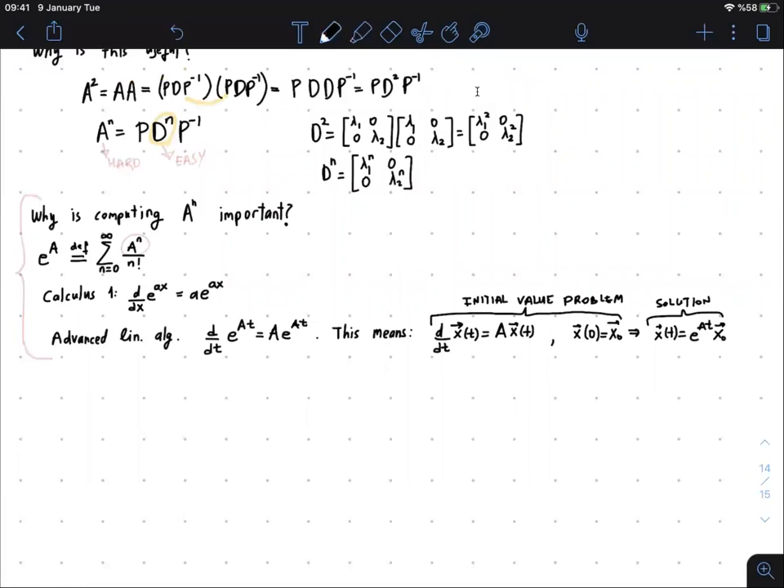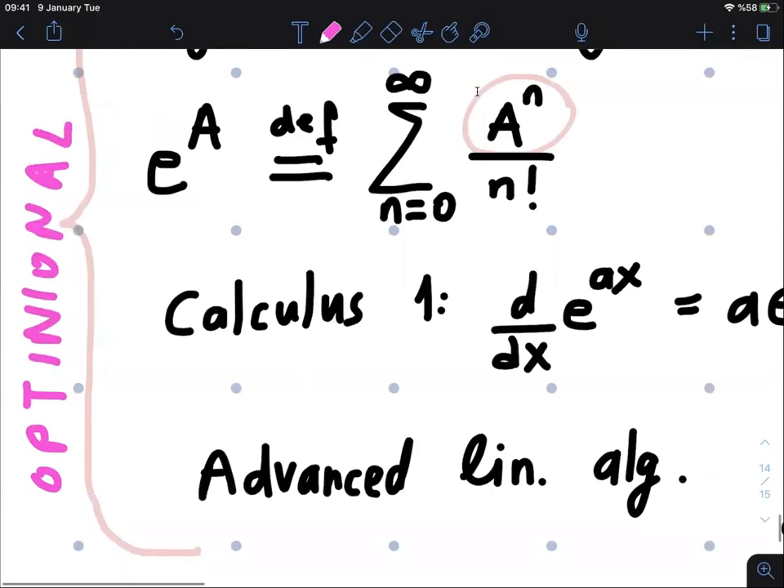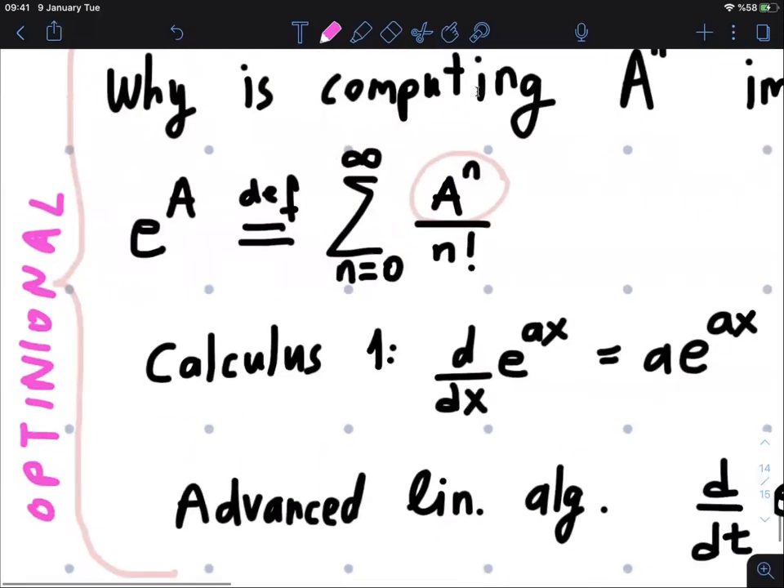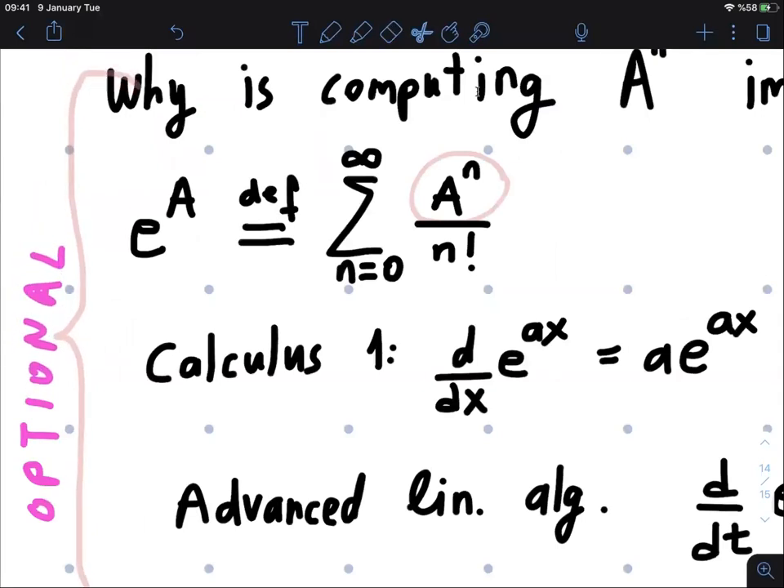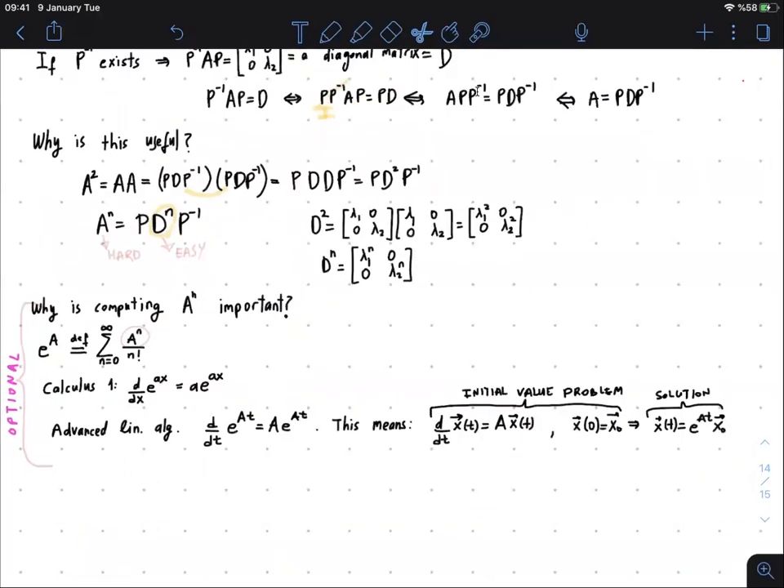Let me write it here. So, optional. Okay. I think I didn't write it right. Optional, right? Anyway,